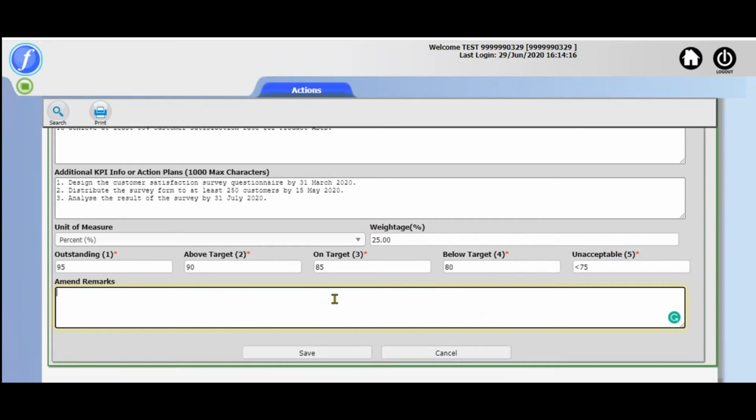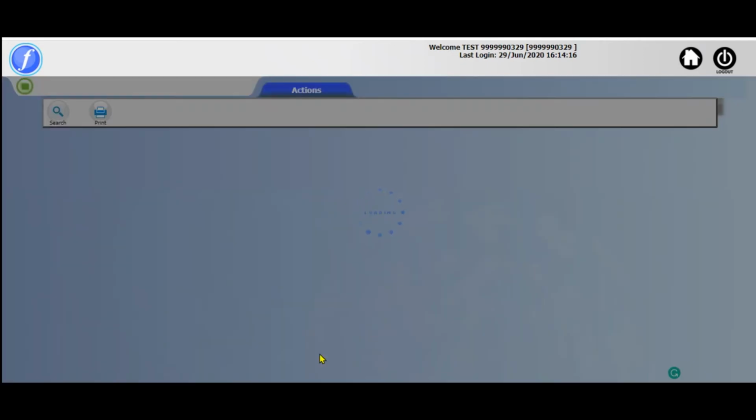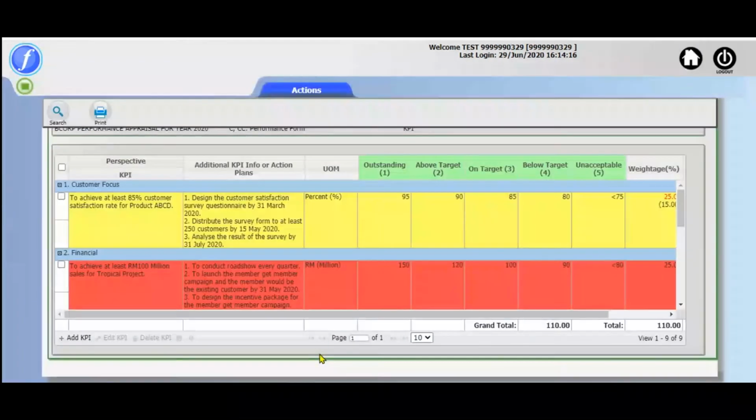Increased weightage. Save. Now the grand total will no longer be 100. It should be more than 100. Yes, it's 110. So when you did your performance plan just now, stage 1, I mentioned that you must make